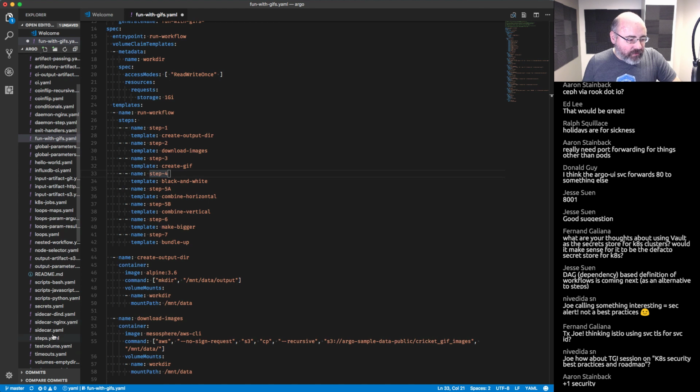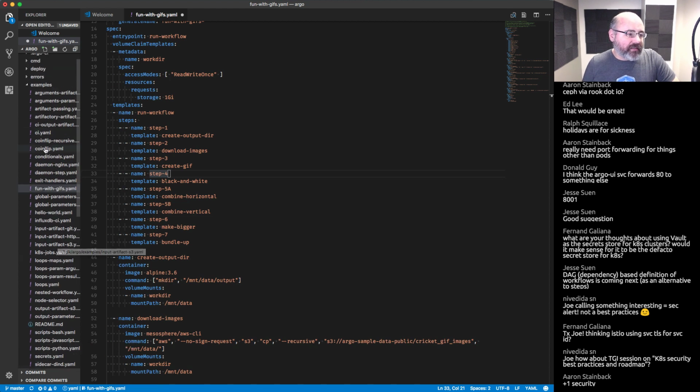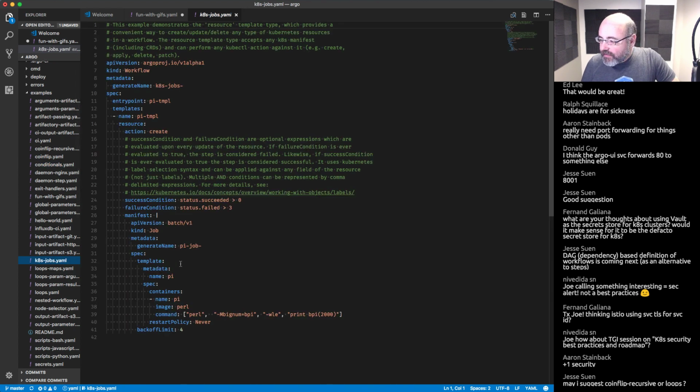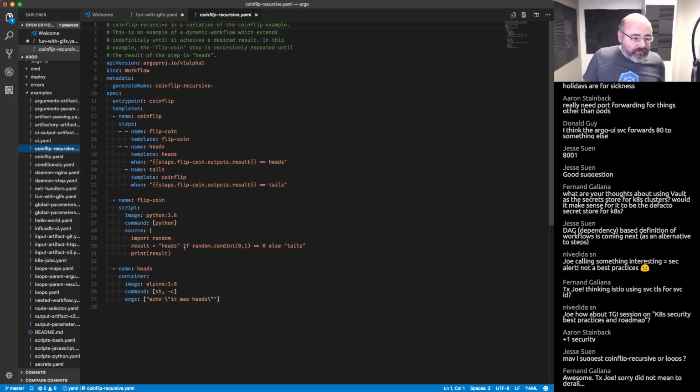Okay, so Jesse, if I was going to look for something that doesn't use the artifact repository, that does something a little bit more interesting, I want to see, is there anything, the coinflip recursive or loops? Let's do the coinflip recursive because that's kind of interesting. So what this does is it goes through and runs, and if we get tails, it runs coinflip again, so it'll actually keep running